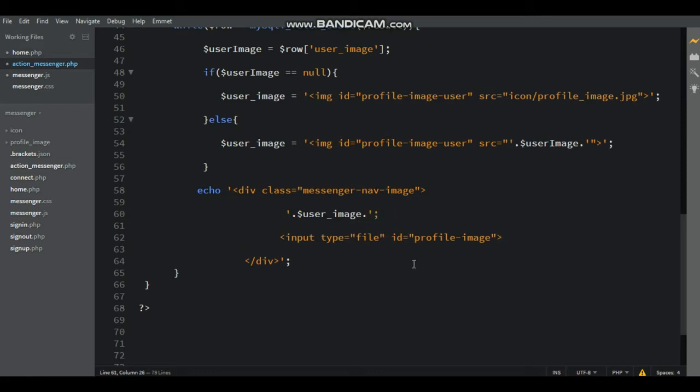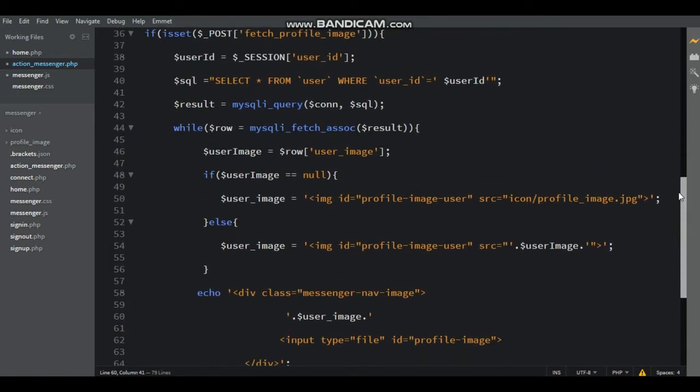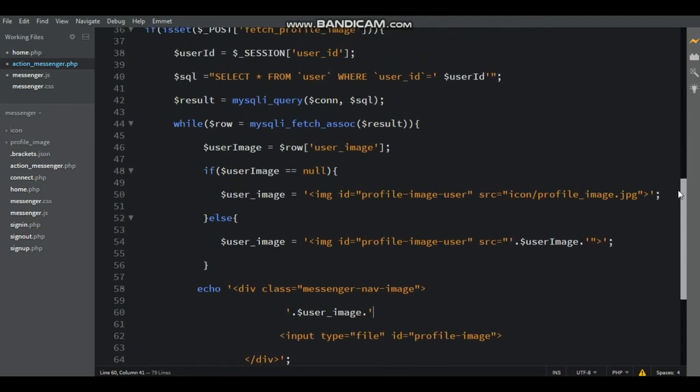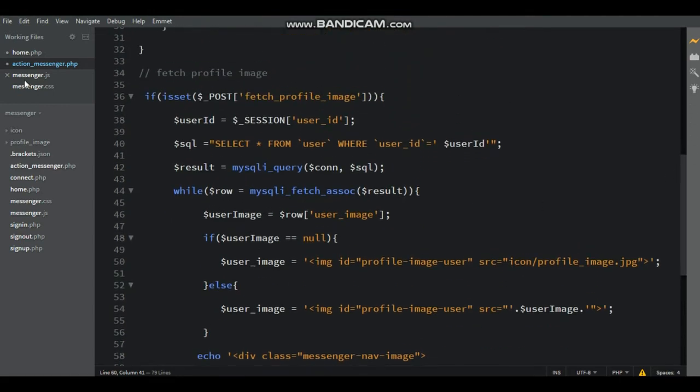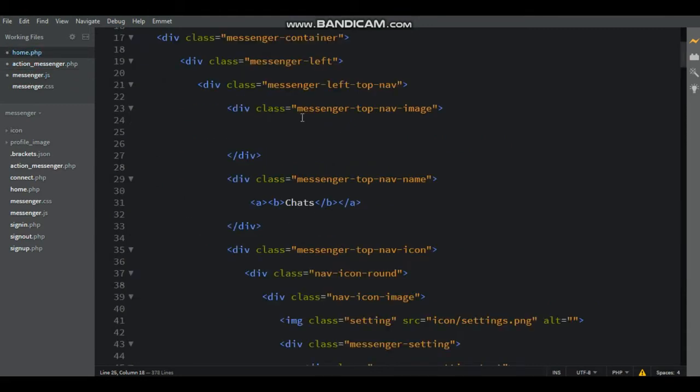After that double dot, inside paste $user_image, and the fetch profile image from the database, and then AJAX request is success, and it displays inside the div, that is class name messenger top name image.